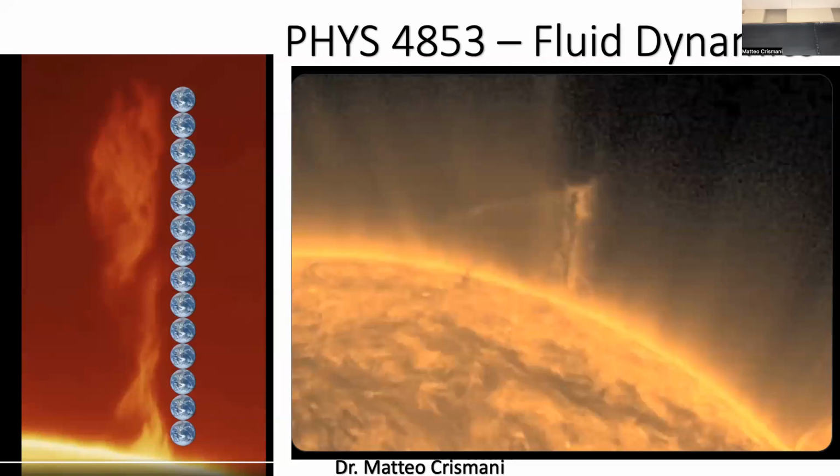And the answer is yes, it is a fluid. There's plasma inside of this fluid, but it's still a fluid. And it has the same types of vortices that we see in Kansas, that we see on the surface here, probably for comparable reasons. And you say to yourself, well, that's very strange, because if I made this piece of